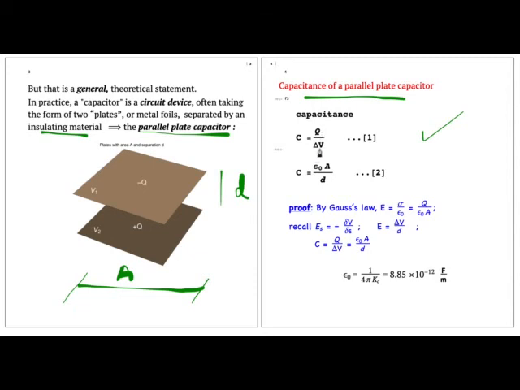The potential difference is proportional to charge. So when I divide charge by potential difference, the charge cancels out. It doesn't depend on the charge. What does it depend on? Well, it'll depend on these geometrical features, A and D, and it'll also depend on what material is between the